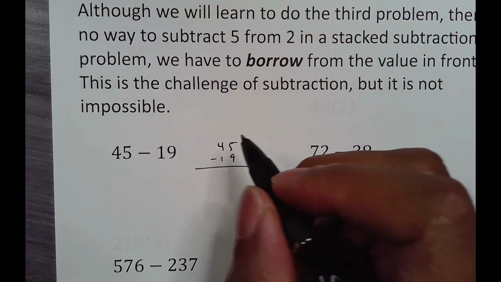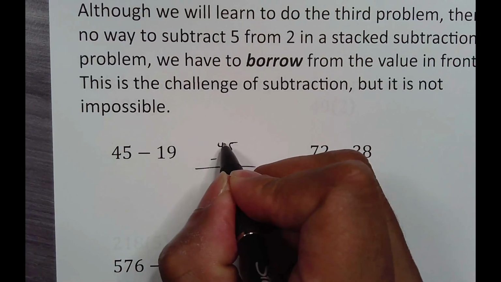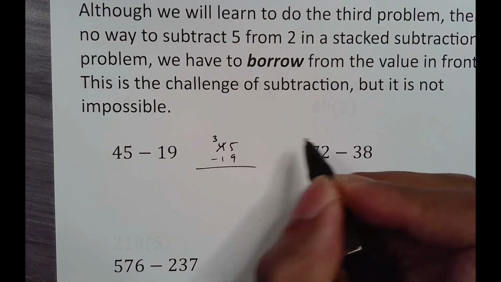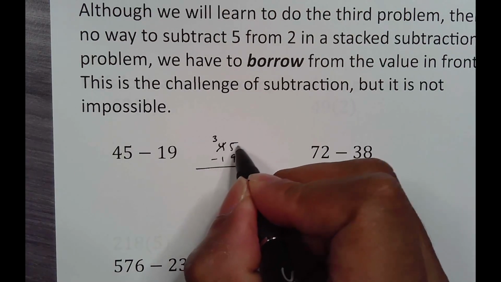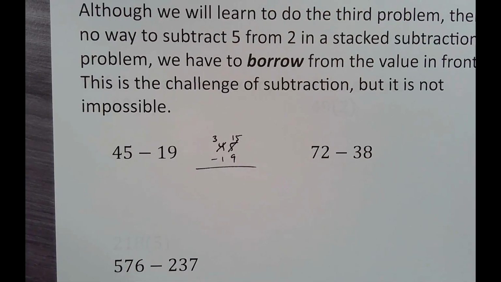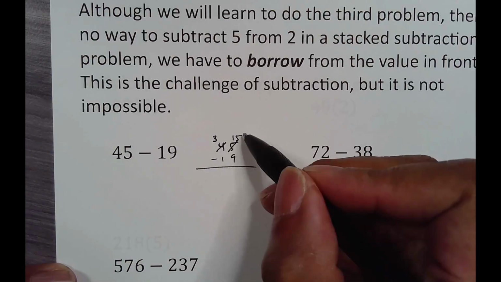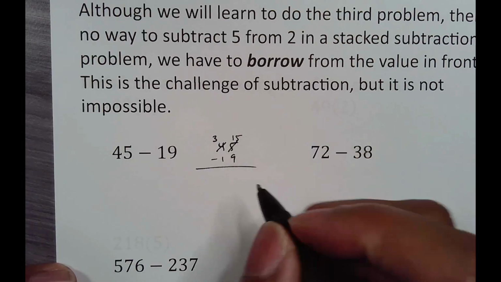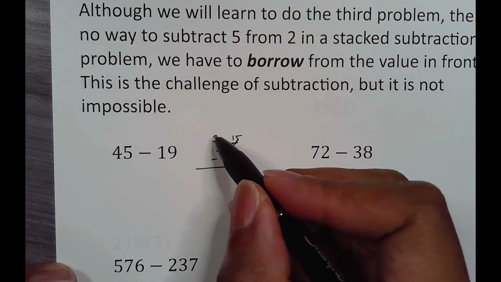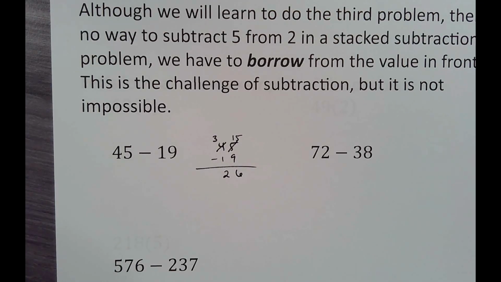So what we are going to do is borrow one of the tens from here. So that's why you come over to the 4 and turn into a 3. From there we take 10 and add it over here, which means that 5 plus 10 turns into 15. That is how you do the borrowing. Now we have a bigger number first, 15 minus 9. Again, do that however you need to, but I'll just tell you that that answer is 6, and then 3 minus 1 is 2. So again, you subtract your columns like you've learned, but the thing is when it comes to borrowing, you have